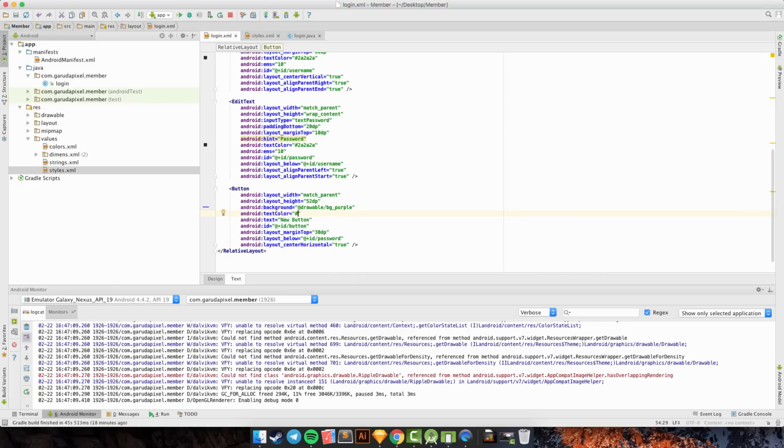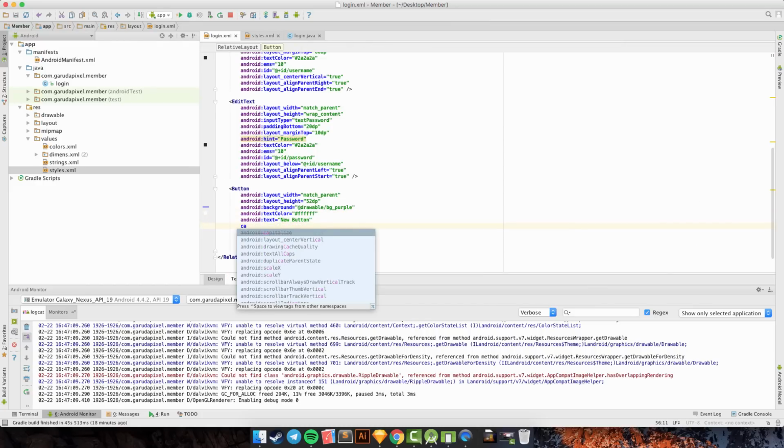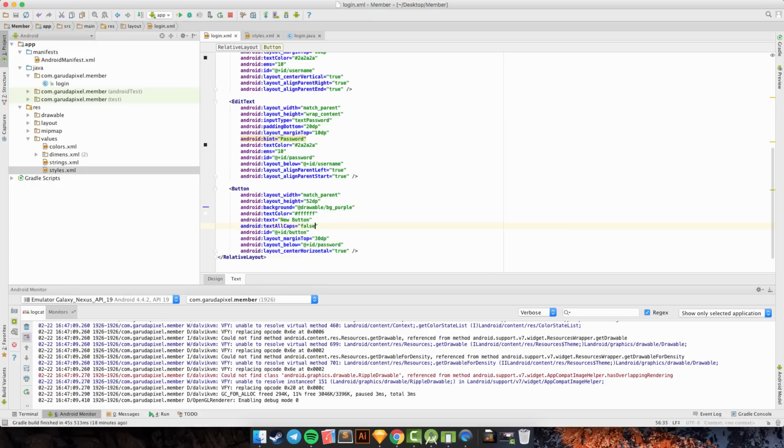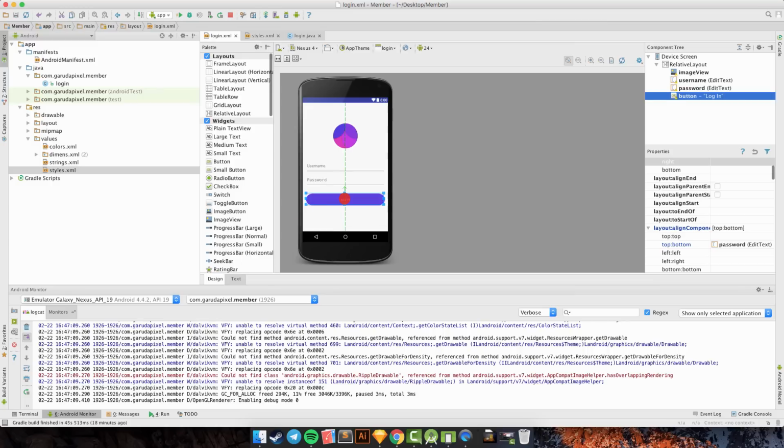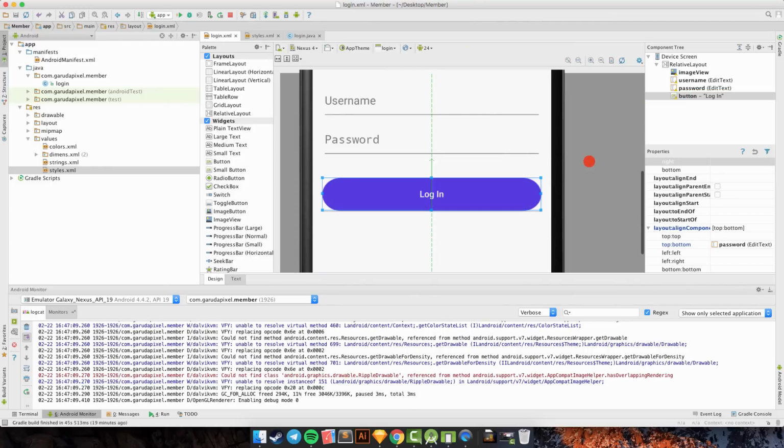We use the hex code 123, and capitalize text all caps, it's false, and I want to edit the text to login. Okay, we have the button login here.